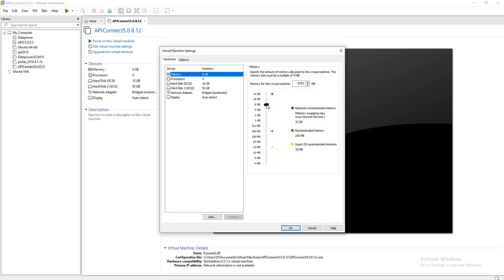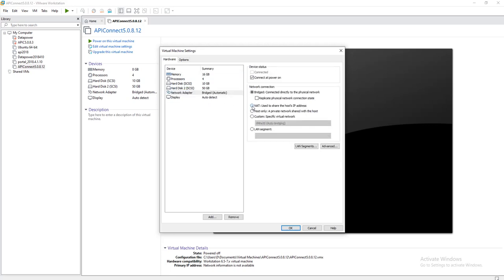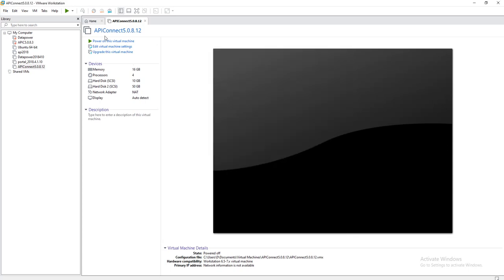So we'll increase from here. Okay, and it's a bridge, so we'll change it to net. Okay, and let's run this.